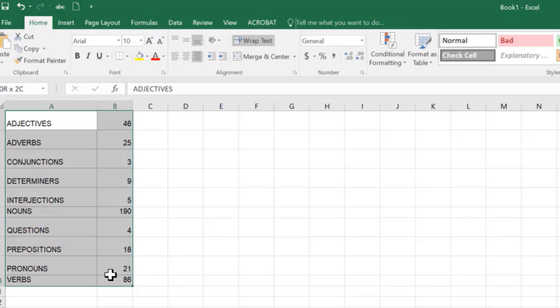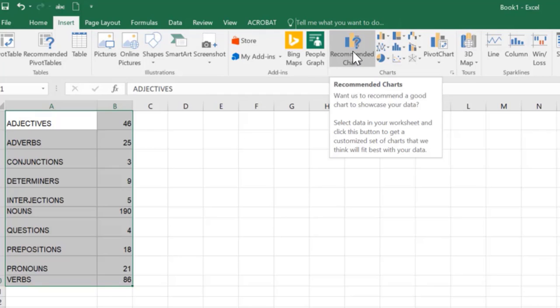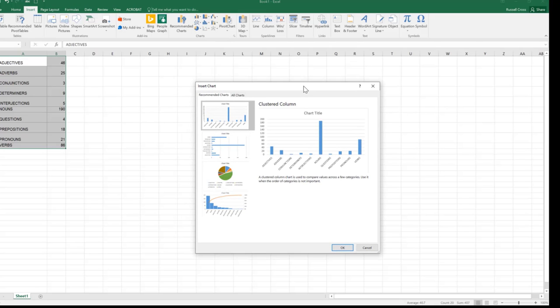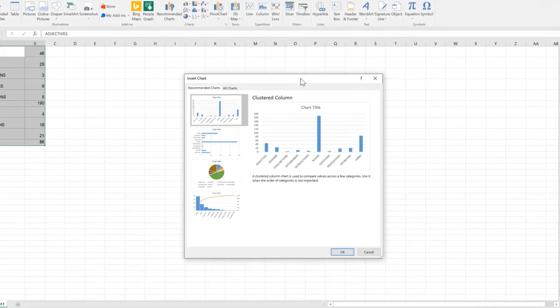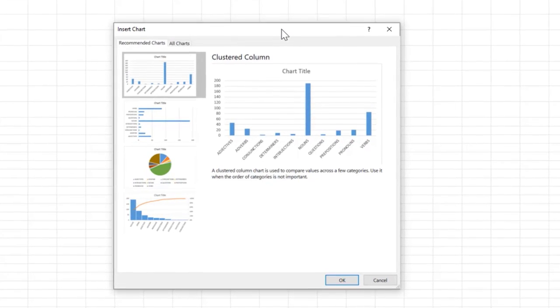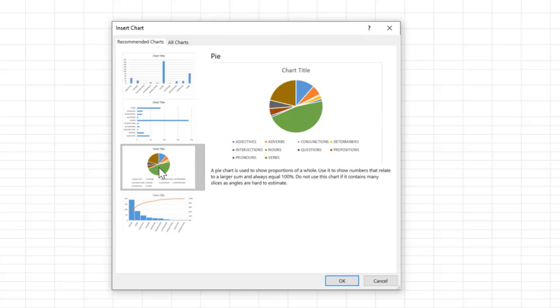If you then highlight all these in Microsoft Excel and then go to Insert, Excel has this feature called Recommended Charts. And if you've never tried this, it's really quite cool. But if you highlight the data there and do Recommended Charts, the system itself looks at the data and says, hey, we can make a chart out of this. How would you like it to look? One of my favorites here is the pie chart. So if I click on that and say OK,